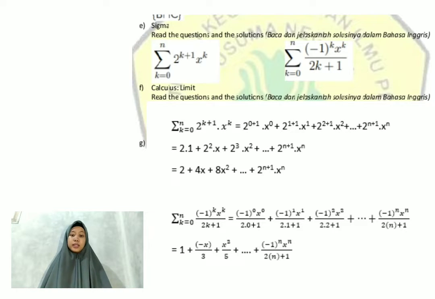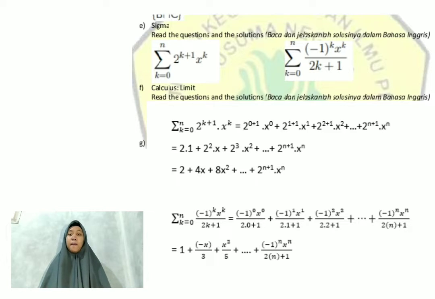And second, sigma of minus 1 raised to k times x raised to k over 2k plus 1, as k goes from 0 to n, equals minus 1 in parentheses raised to 0 times x raised to 0 over 2 times 0 plus 1, plus minus 1 in parentheses raised to 1 times x raised to 1 over 2 times 1 plus 1, plus minus 1 in parentheses raised to 2 times x raised to 2 over 2 times 2 plus 1,